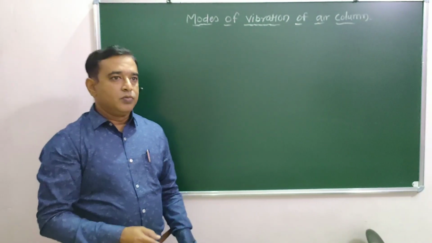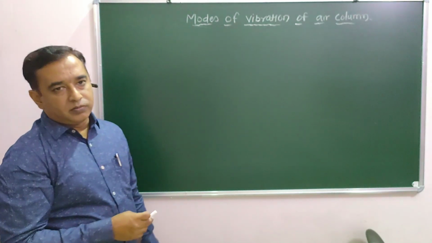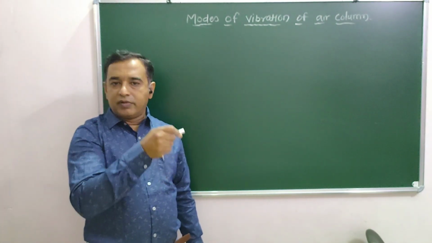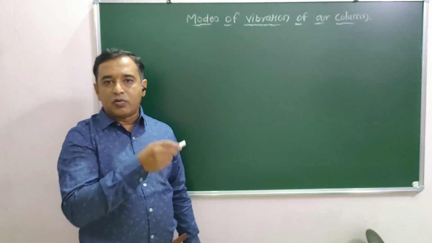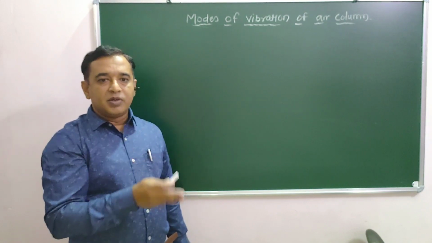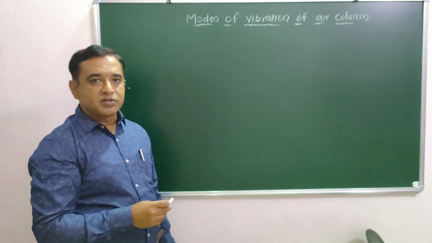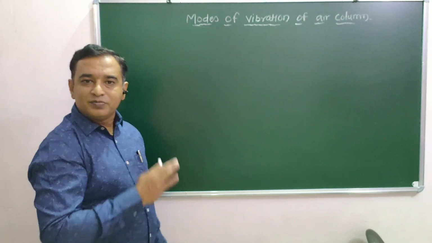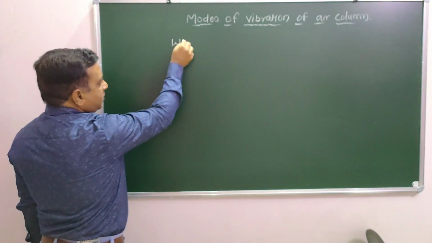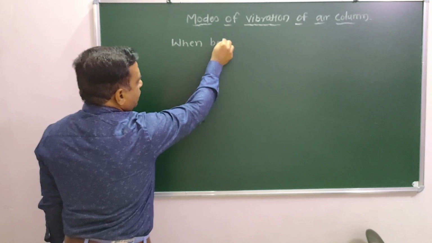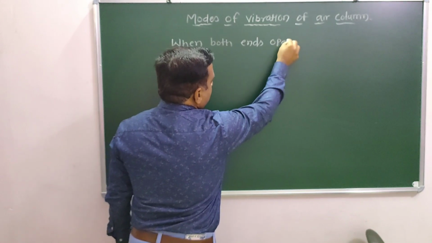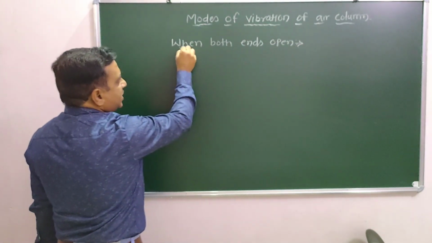Now, for modes of vibration of air column when both the ends are open, once again we are going to transfer the energy or wave with the help of a tuning fork, by holding the tuning fork just above the tube and passing the frequency inside, so that incoming and outgoing frequencies coincide with each other, forming a stationary pattern. Alternately, nodes and antinodes are formed. So the second condition is when both ends are open. Consider the tube which has both ends open.